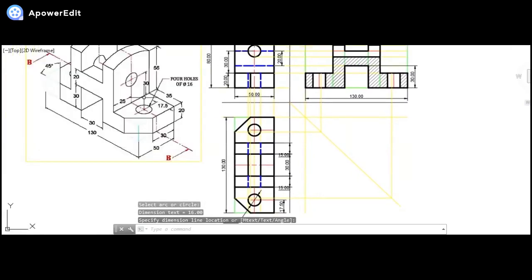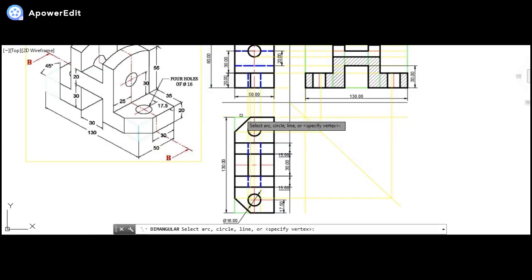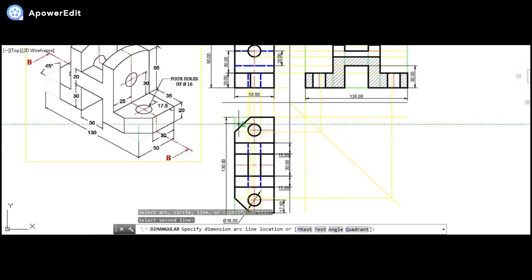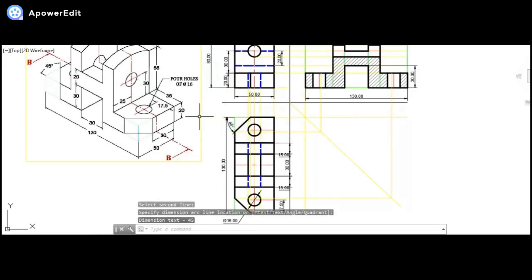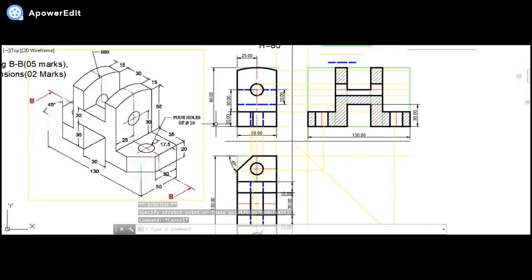Now as you all can see, overall 45 degrees is the angle that we have already taken. So I'll be taking the angular dimension. From here till here, definitely yes friends, the angle is 45 degrees. I can just shift this dimension a bit back. So this is how we can show all the various dimensions on it.